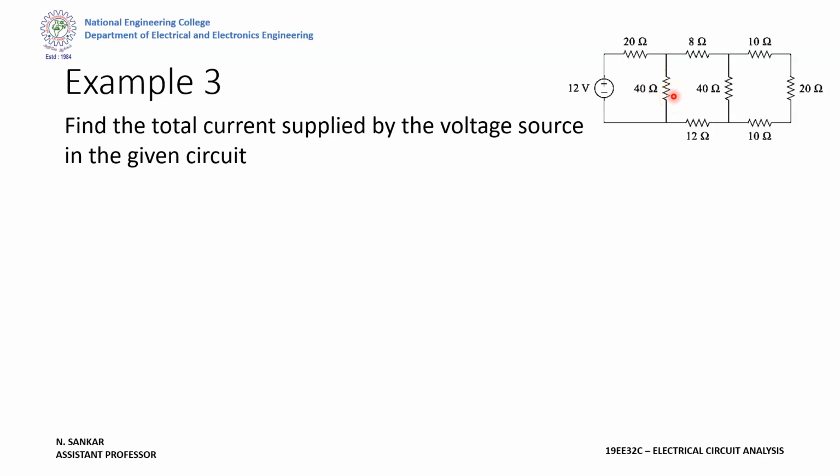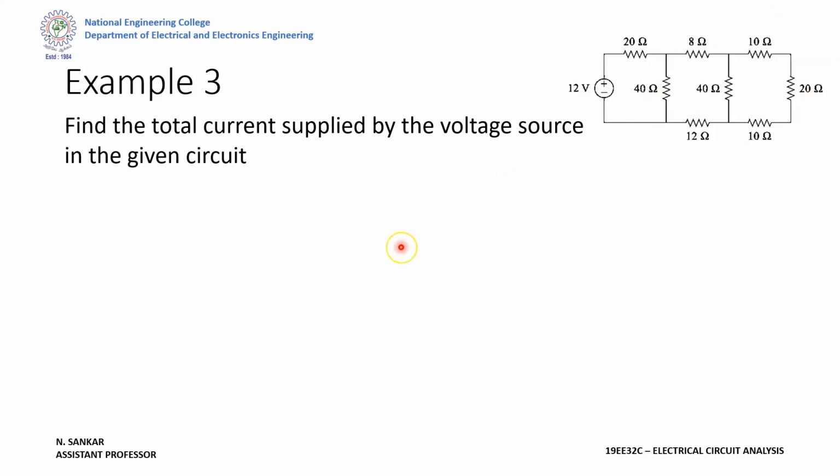20 ohm, 20 ohm, again in series. So 20 plus 20, 40. So R equivalent is equal to 40 ohm. We have been asked for the total current I. So I is equal to V by R as per Ohm's law. So 12 by 40, the answer will be 0.3 ampere. So if you go for a competitive exam and you don't have time to read all the circuit, you can simply solve it in your mind like this.